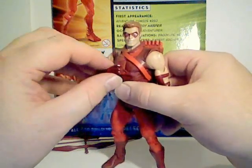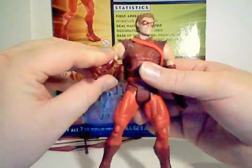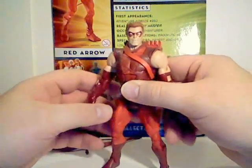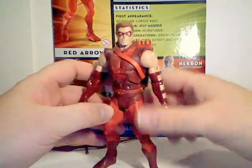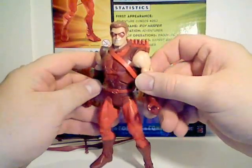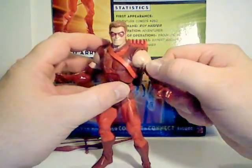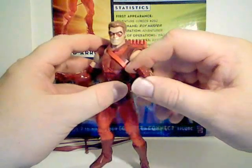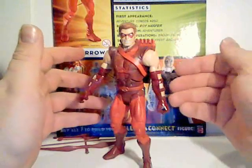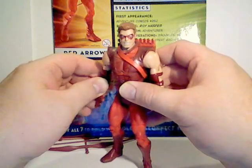and pretty soon after that, the villain Prometheus severed his arm, and not only that, but in his hometown of Star City, set off a bomb that killed most of the people in that city, including his daughter Leanne. Yeah, and he did not take his daughter's death too well, as can be expected, and he relapsed. And he began a descent that ended up with him as a drugged up